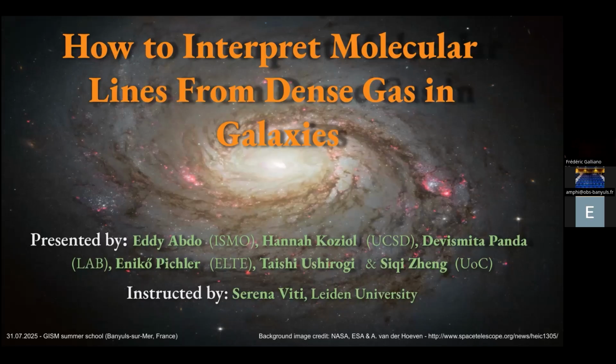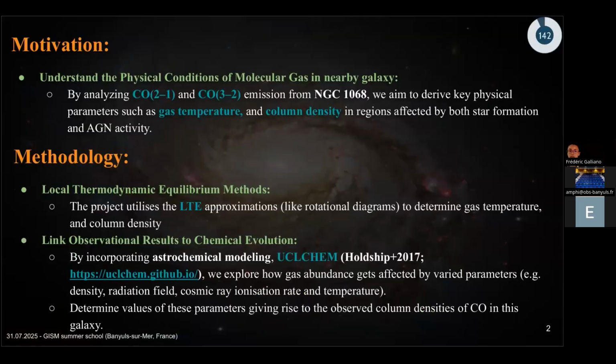Hello, everyone. We are Group 10, and we present our hands-on project, how to interpret molecular lines from dense gas in galaxies. Our motivation was to understand the physical conditions of molecular gas in a nearby galaxy, namely NGC 1068, by analyzing two transitions of CO emission. We aim to derive key physical parameters such as gas temperature and column density in regions affected by both star formation and AGN activity. For this, we used the local